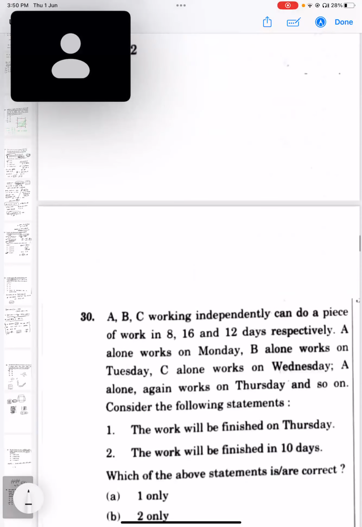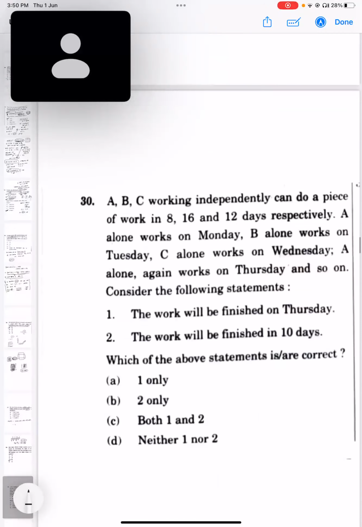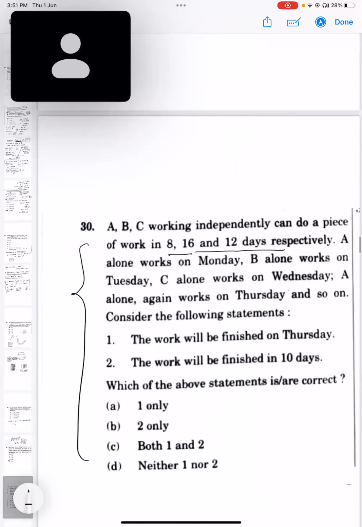It is a fairly easy question. If you do not know how to do these work and time questions, you just write it down once, and this trick will help you in solving each and every question. It is saying A, B, C working independently can do a piece of work in 8, 16, and 12 days respectively. So instead of writing in this manner, what you write is: A in one day,